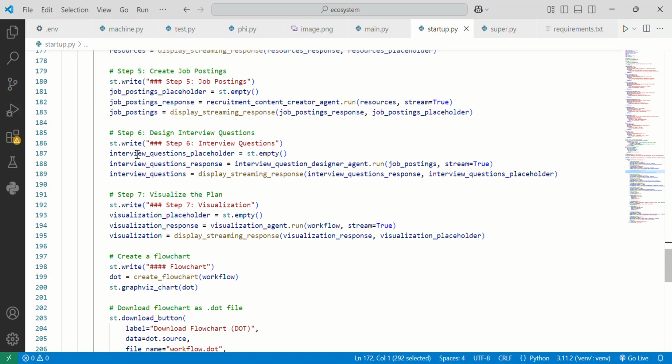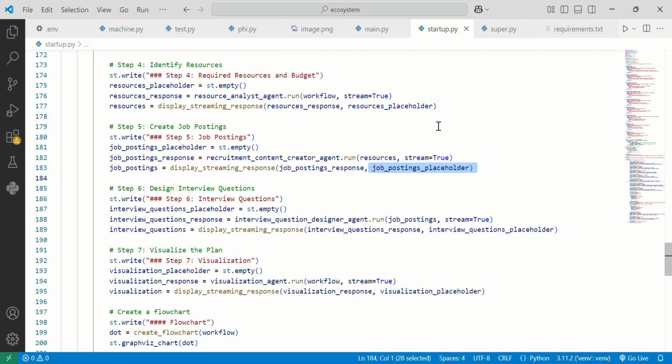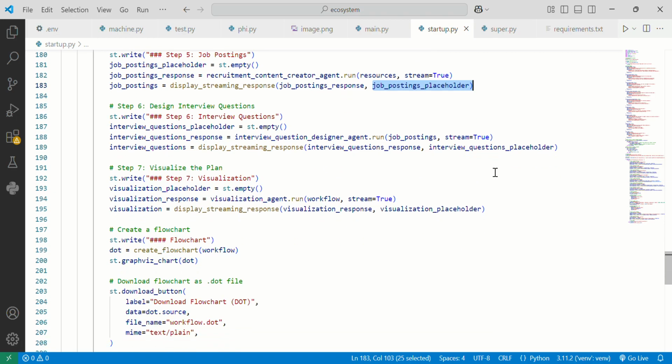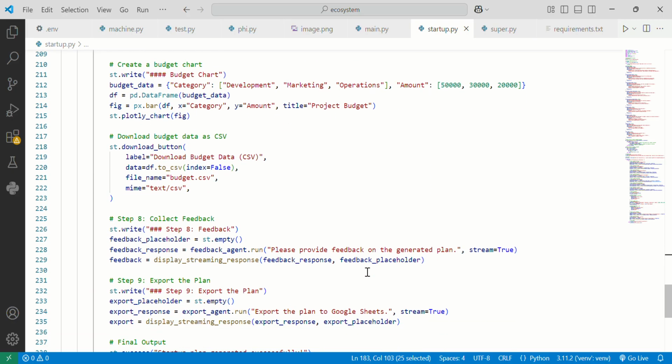I'm just using st.write and displaying the content in the interview question placeholder. Every placeholder has its own content, and every agent gives its values or answers, so here it is placed. The response is here in the placeholder. Then the feedback,